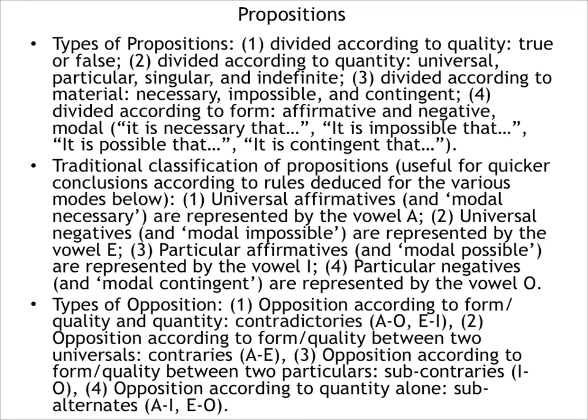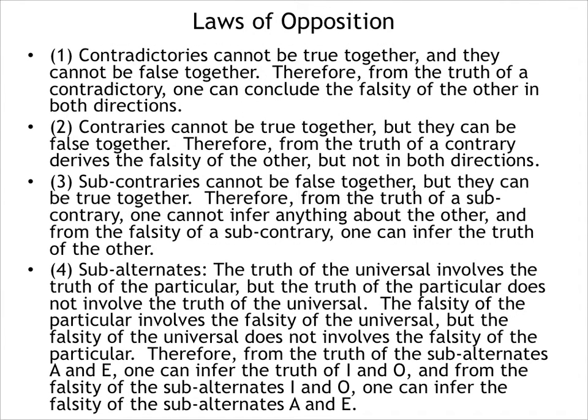All right. These are below concerning the particular quantity. These are called subcontraries, and then vertically they're subalternates. It's not so important that you know those. But what is important is to know the laws of opposition, at least the first two. You don't have to worry about subcontraries and subalternates. So we learn